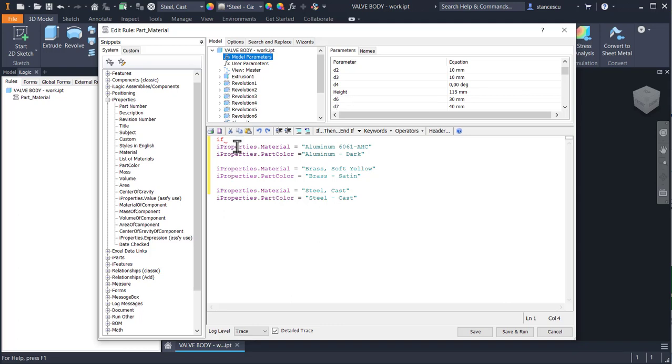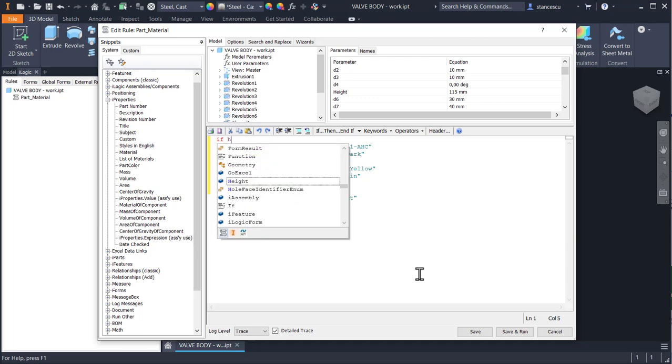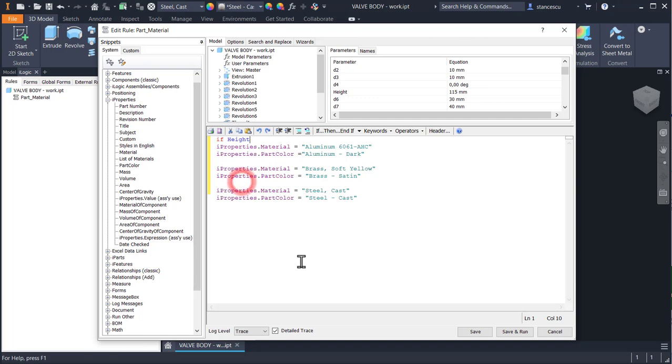So I continue by writing here HEIG, and you see that we have an option, height. Double click here. If its value is less than 120, then